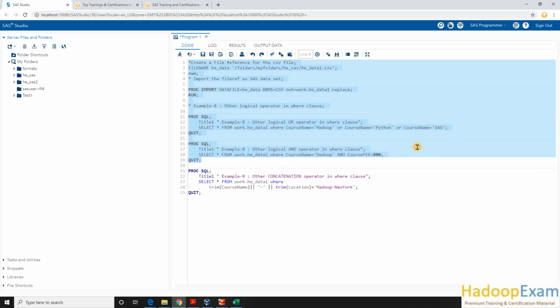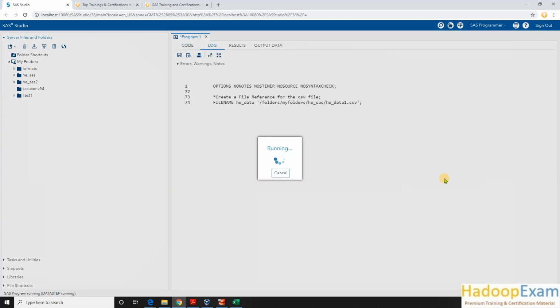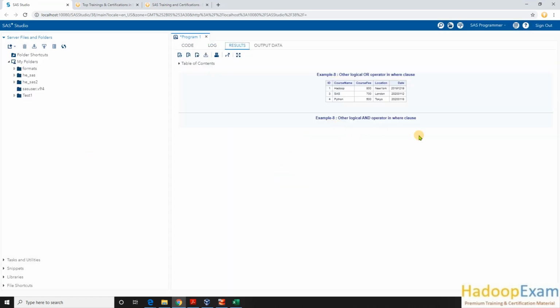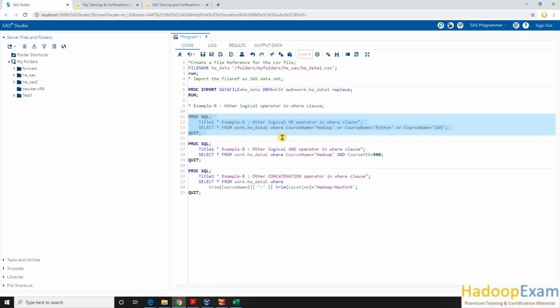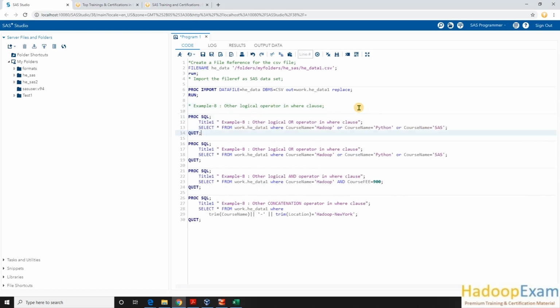If I make this condition 900, would there be any output? No, because there is nothing in my data set where course name is Hadoop and fee is $900. There is no data which satisfies this condition, so there is no output, correct? In the second case there is no output. Let's first show all the data. Remove this condition, so we have all the data visible.